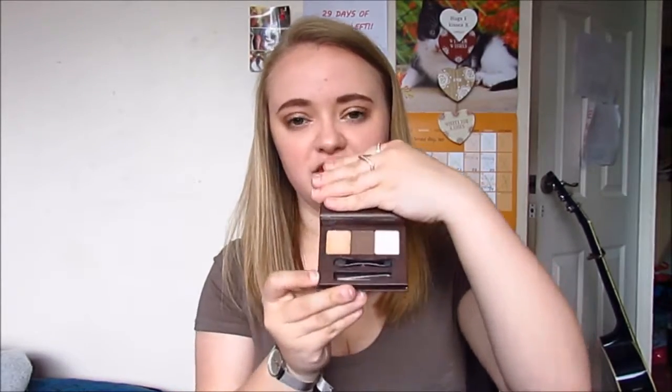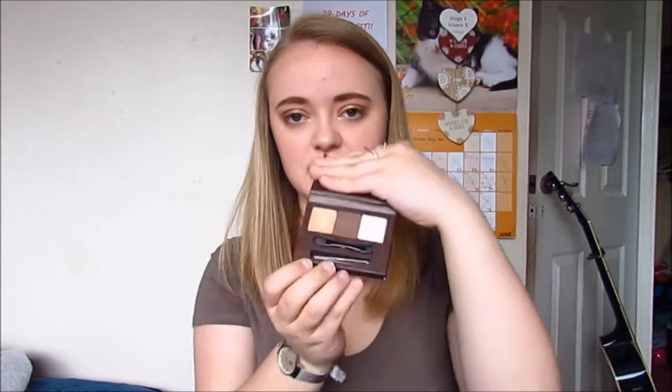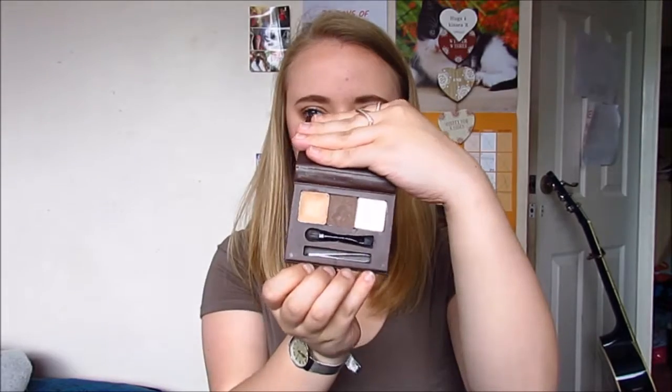I brush through my brows to shape them first with a brow brush, obviously, and then I just use the steps in here, putting the wax on first and then putting the powder over that. It's just a really plain and simple brow kit. The next thing is maybe the last kind of old product, if you know what I mean,